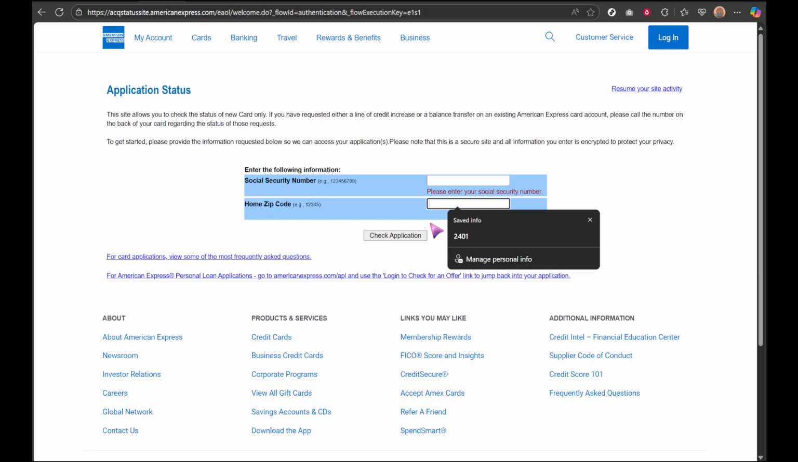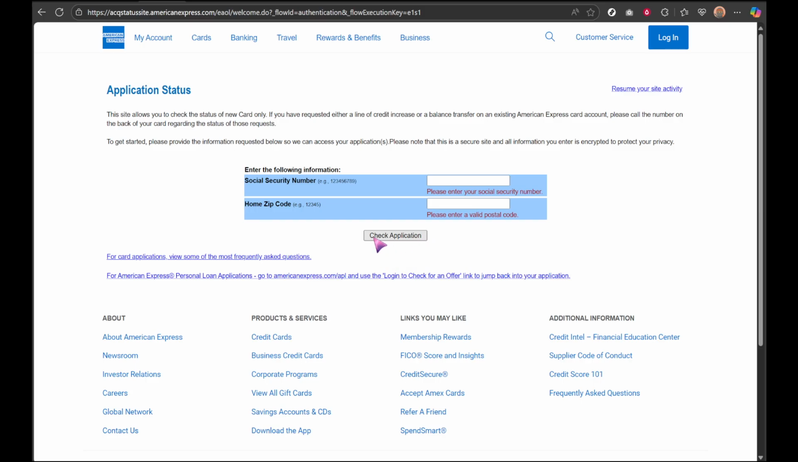After you've input both your social security number and your home zip code, you'll find a button labeled Check Application. Now, go ahead and click on this button. Clicking this button submits your information to American Express, allowing them to retrieve the current status of your credit card application. The interface is designed to process this information swiftly, so it shouldn't take long before you see an update